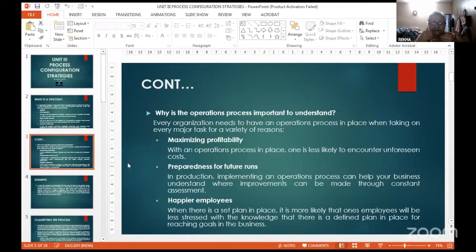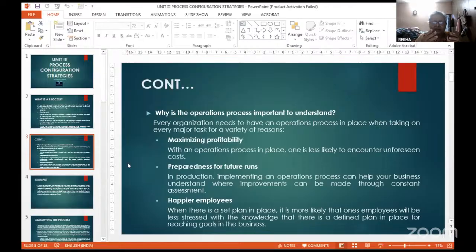If the process is properly done, properly planned, then all the basic preparation of executing the plan has been done, then the fine execution has been done, and then assessing what has been done. So this will maximize your profitability, and it will also prepare you for future runs,